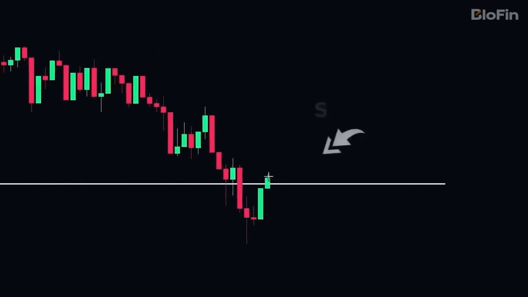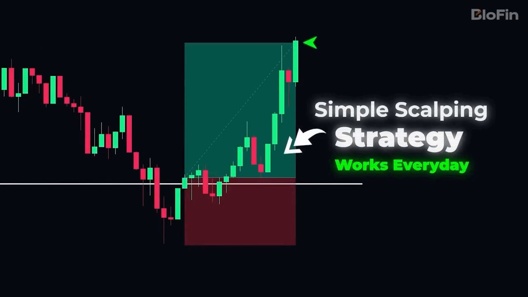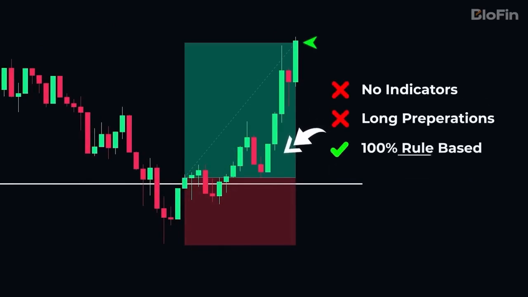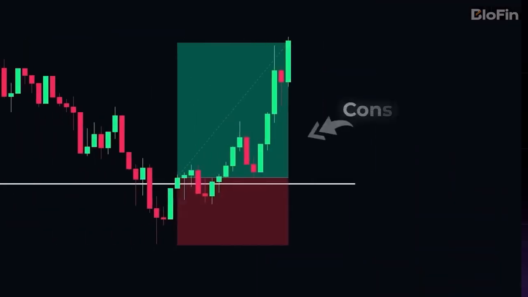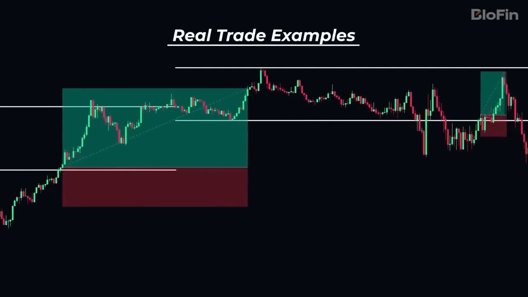In this video, I'll reveal a simple yet effective scalping strategy that works every single day. The strategy doesn't rely on any indicators or long preparations. It's completely rule-based, and all you need to do is follow a simple 3-step checklist before entering a trade. Now, to prove that this strategy is consistently profitable, I'll also show you some real trade examples on popular markets